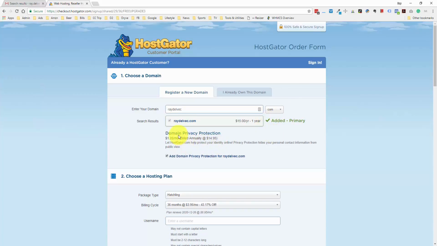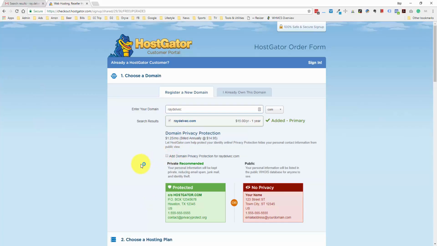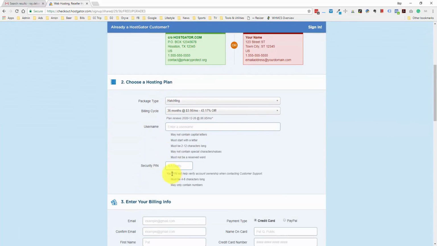Under this, you can see they have an option for domain privacy. Now, if you're not certain about this, when you register a domain, your contact information is going to be publicly available. So if you want privacy, so your information isn't out there, you can add this on. But once again, if you're a beginner, there's usually no need to do this from day one. You can always upgrade if you want to add it in the future. So I'm going to uncheck this to get the lowest cost,